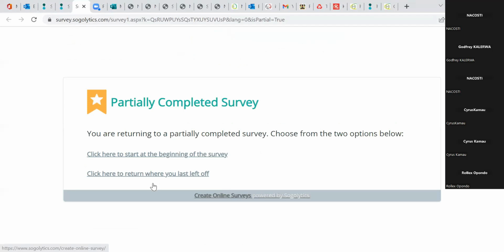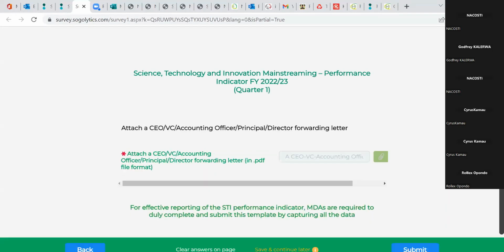So you have this option. If you click return to where you left off, you start from where you left off. If you click here, you start from the beginning. That means all your uploads and all your attachments will be lost. So you better click there and possibly,